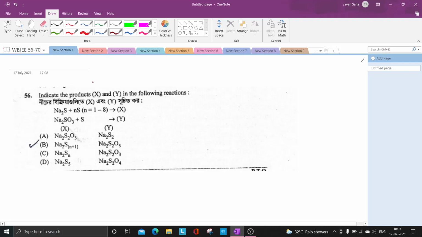I don't know which set it is. It may be A, B, or C. Just match the questions. You have your question paper with you. Just match the question. Okay, so let's get started.